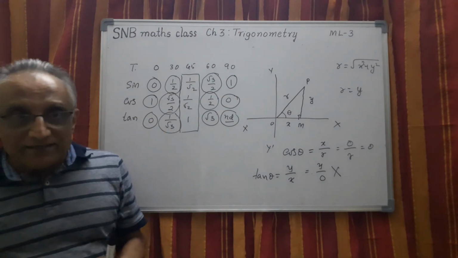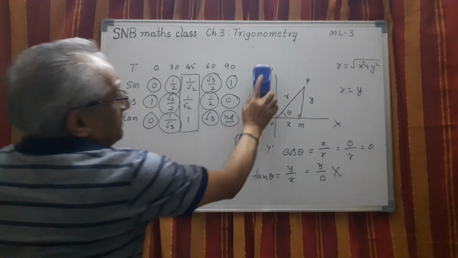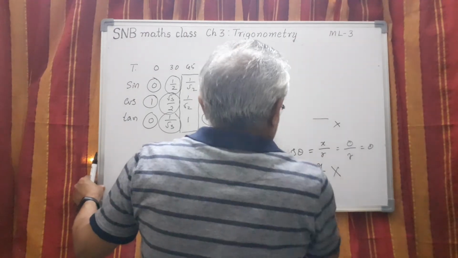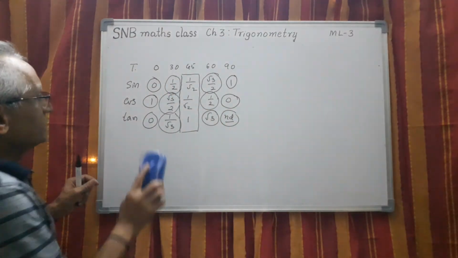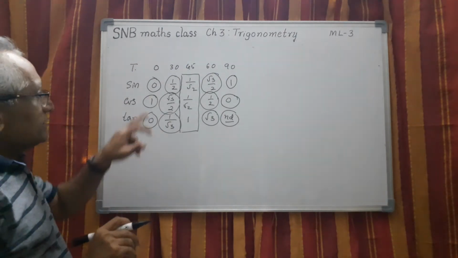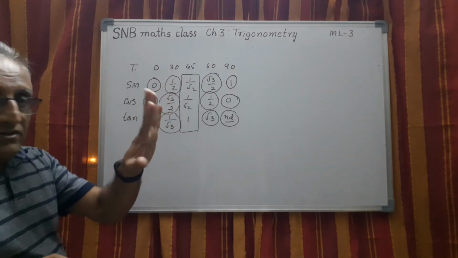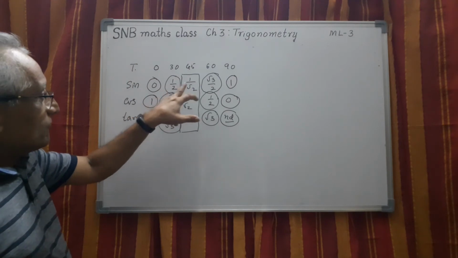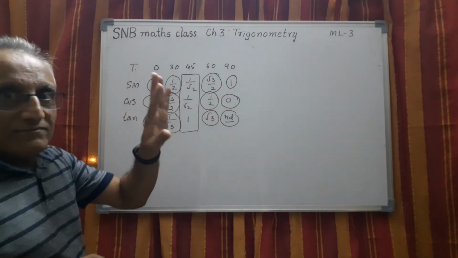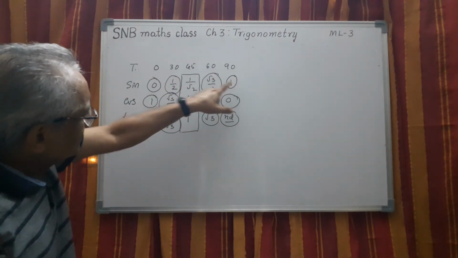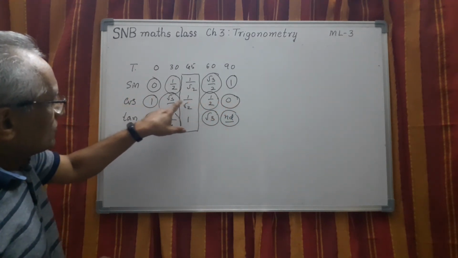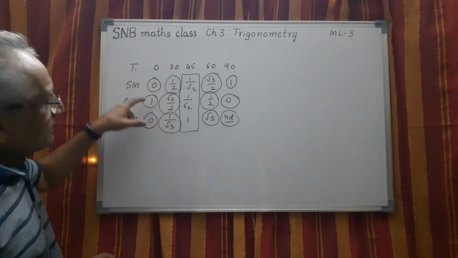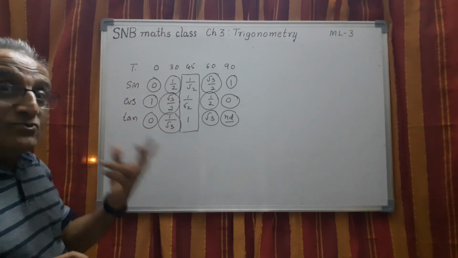Now the last point today, how to remember this one. Is there any speciality of these numbers? Yes. See, one way of remembering is this. So remember like this. These 5 values you have to remember: 0, half, 1 by root 2, root 3 by 2, 1. First thing. Same thing you write in the reverse order: 1, root 3 by 2, 1 by root 2, half, 0. Then take the ratio. This is one thing. There is a beauty actually.